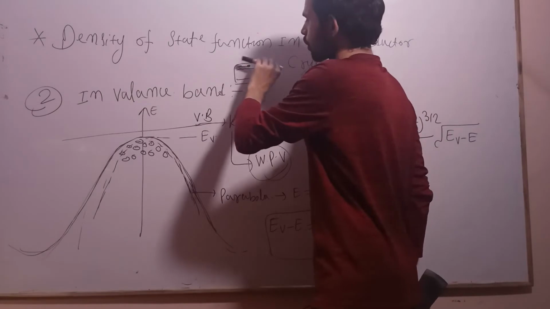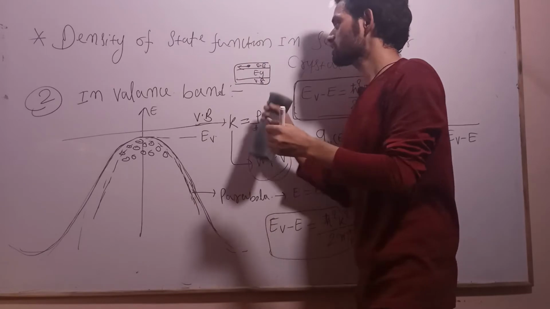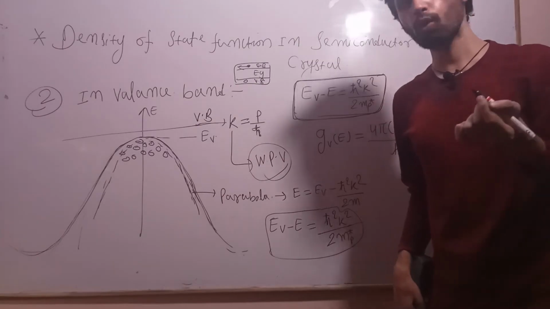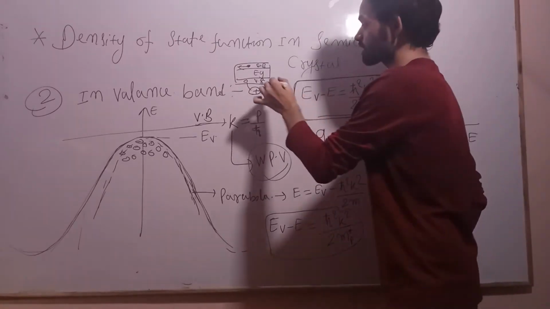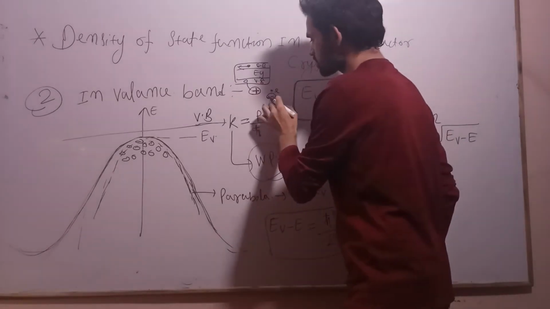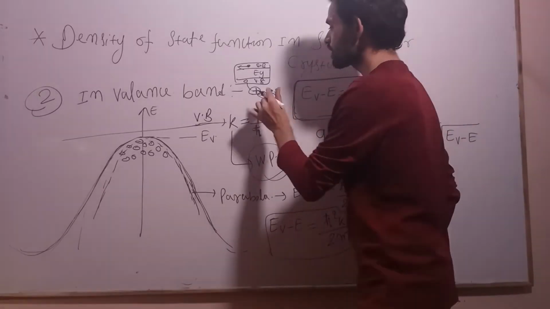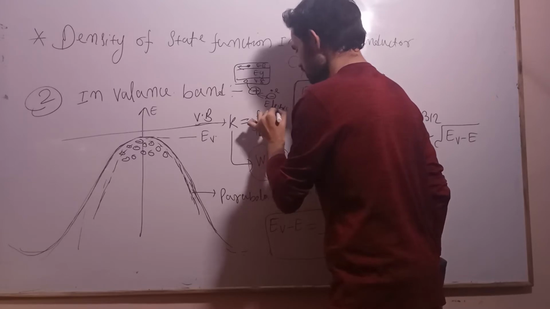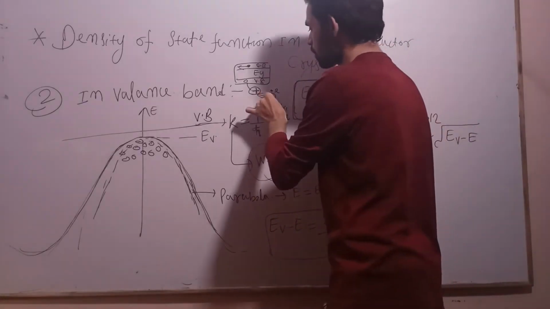But this movement of particle will get affected by another force, because there exists another force inside this crystal. Why? Because there is a valence band. In valence band there is a hole, and there is a bound electron also. Hole means there is a positive charge, bound electron has negative charge. Wherever there is a positive and negative charge, there is a force of attraction. So there is an electric force of attraction between this positive and negative charge,